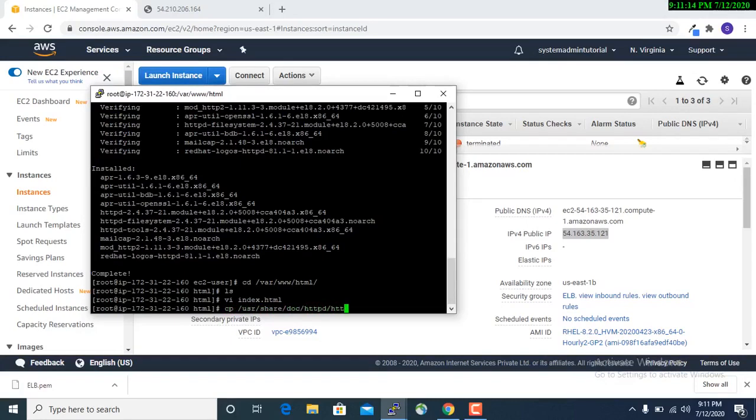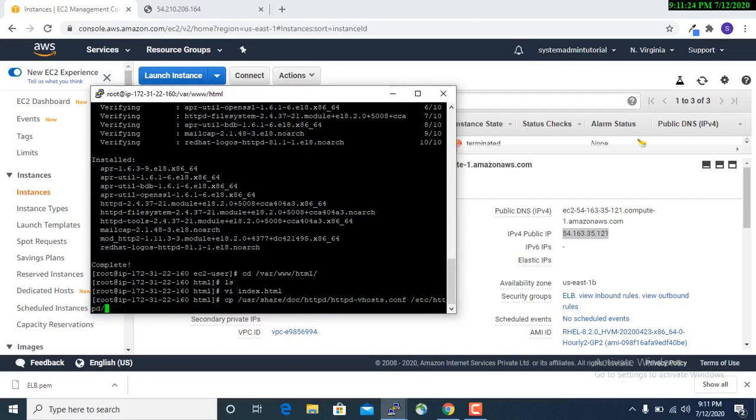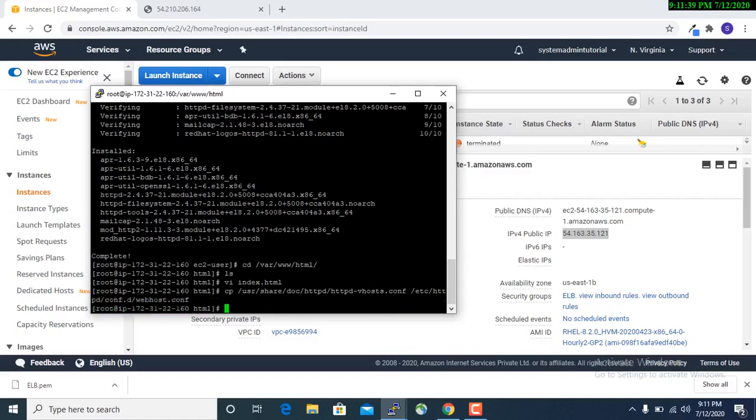Save the file and do the syntax check. No, before doing the syntax check we have to do the configuration. So we have to copy the file from our default location, /usr/share/doc, where template files are there for every configuration file.